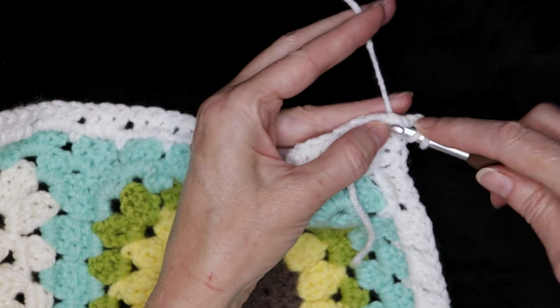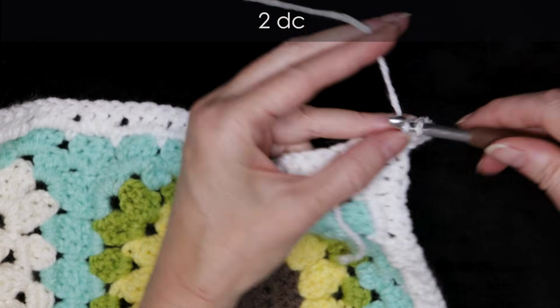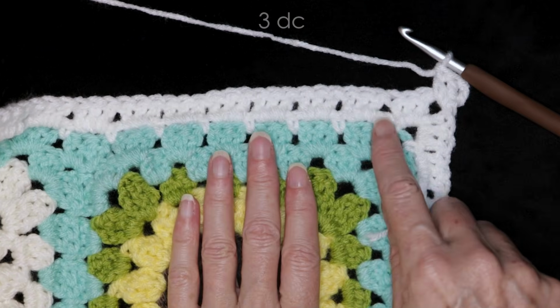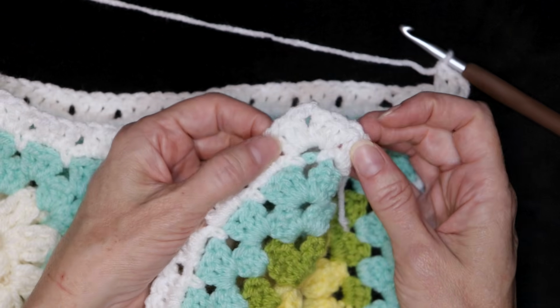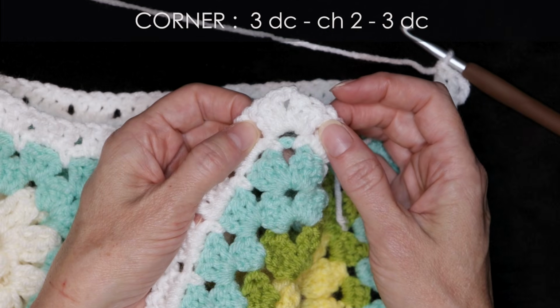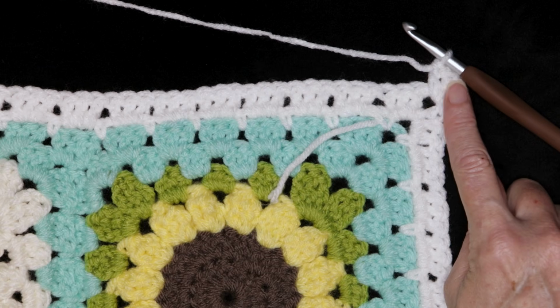So starting with 2 double crochets, 1 and 2. And now work your way around, 3 double crochets into each space, corners of 3 double crochets, chain 2 and 3 double crochets. So pause the video, work all the way around twice, and I'll meet you back when we're finishing our 3rd